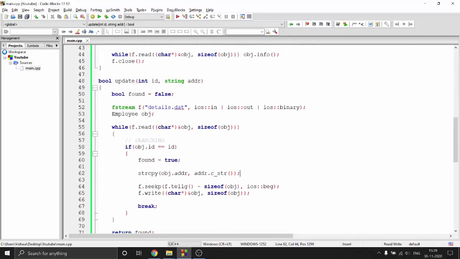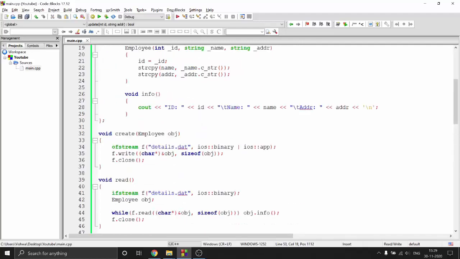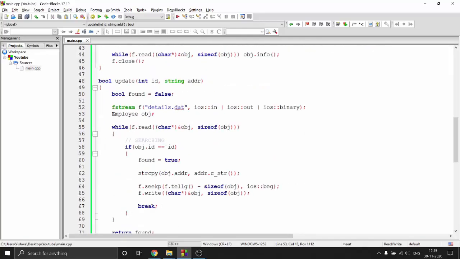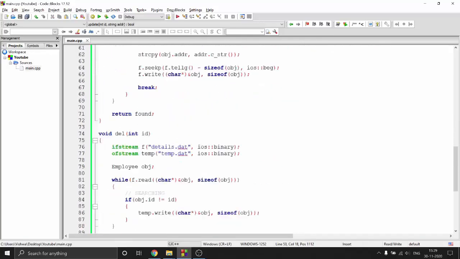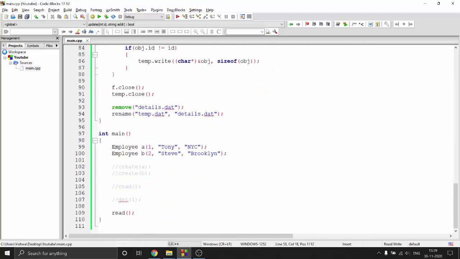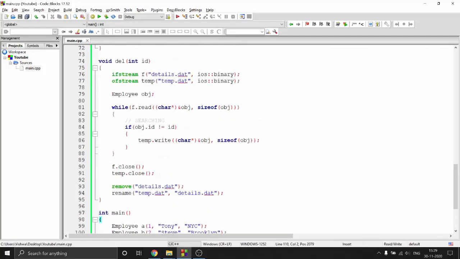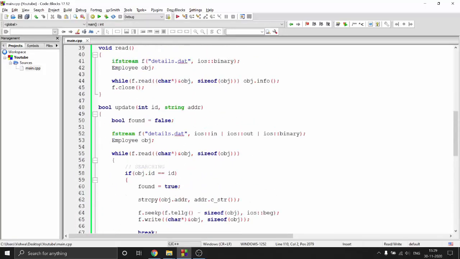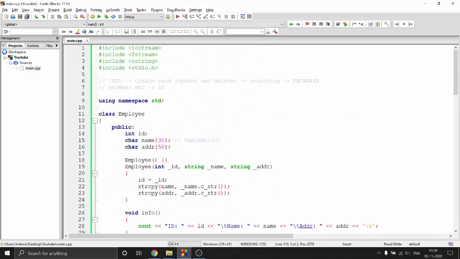So that's how updating works, and it's the only place where you're going to need to use input and output at the same time, right? And other things are pretty normal. The create and read are something we already know about, and this is how you do the CRUD operations in C++. So that's it in this video, and in the next video we'll move forward,